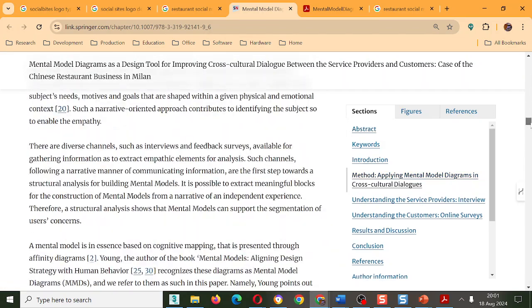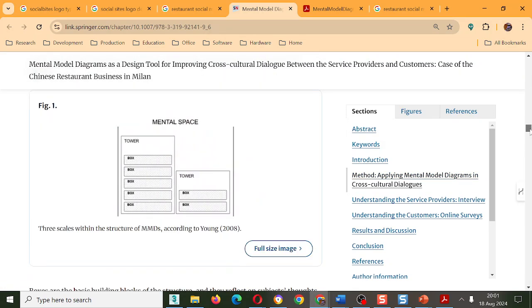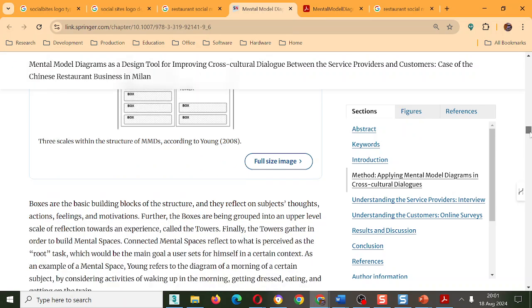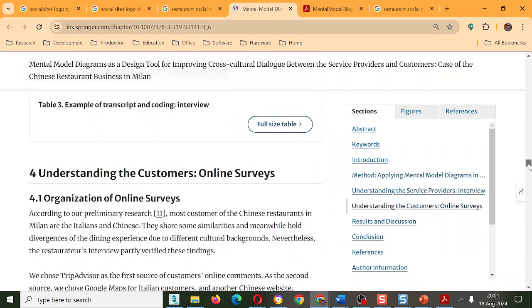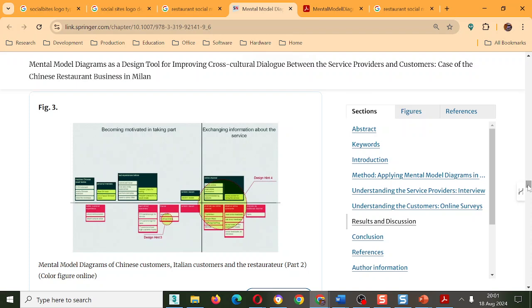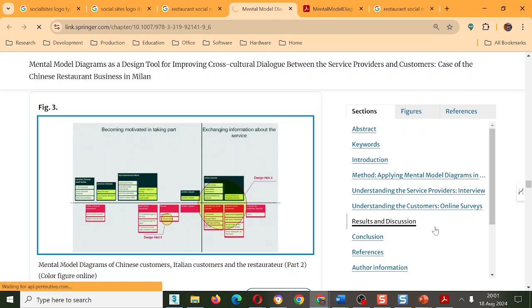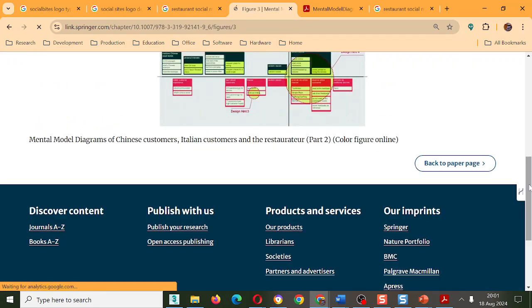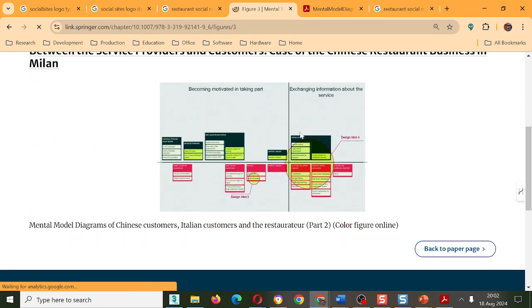The mental model is a diagram, although it comes with the explanations that you've given, but they work together. So you need a diagram to support your explanations. These diagrams have different ways in which people do them. This one is done this way. This is a mental model of Chinese customers, Italian customers in a restaurant, and it's not very clear.